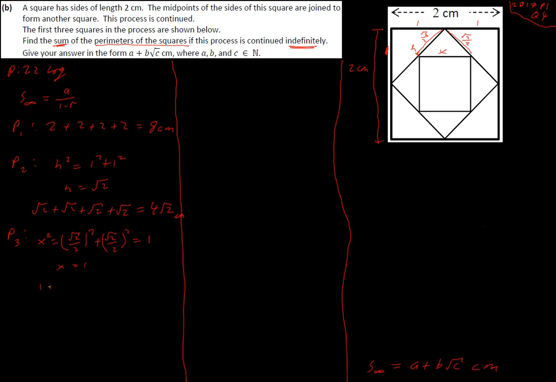So my perimeter is going to be 1 plus 1 plus 1 plus... Sorry. 1 plus 1 plus 1 plus 1. There. It's going to be 4. And that's all of the ones that I've been given, and because I know that I have a geometric series,